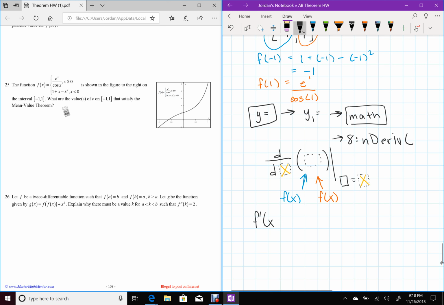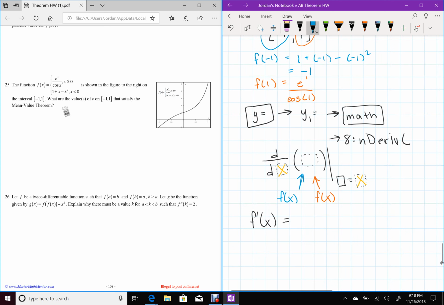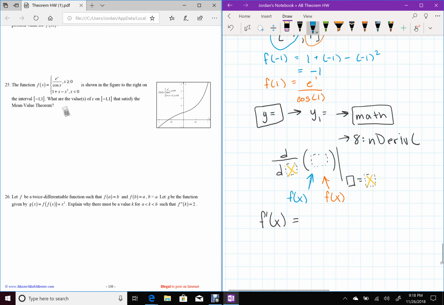So we're telling our calculator to calculate this f prime of x value, and then we are going to enter the constant value that's going to come out of the f of 1 minus the f of negative 1 over the 1 minus the negative 1,